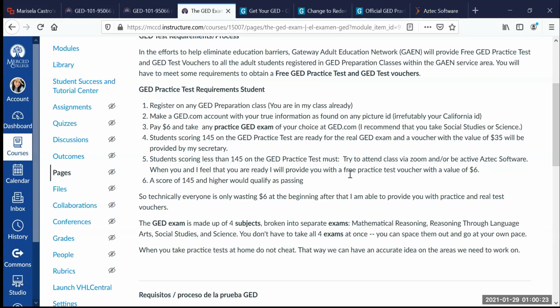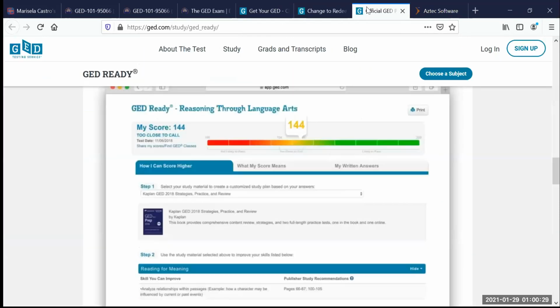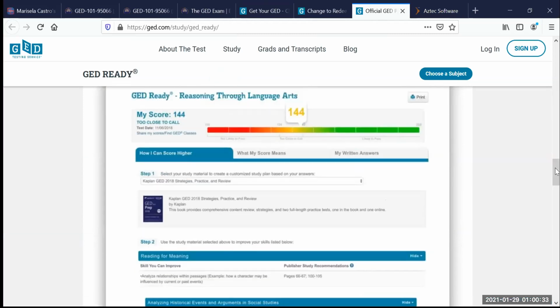If you score less than a 145 or greater than a 145, it's okay. We just want to know where you're at. It doesn't matter if you score greater than 145 or less, because right here in step 2, it's always going to give you a list of things that you can work on. And we also have the